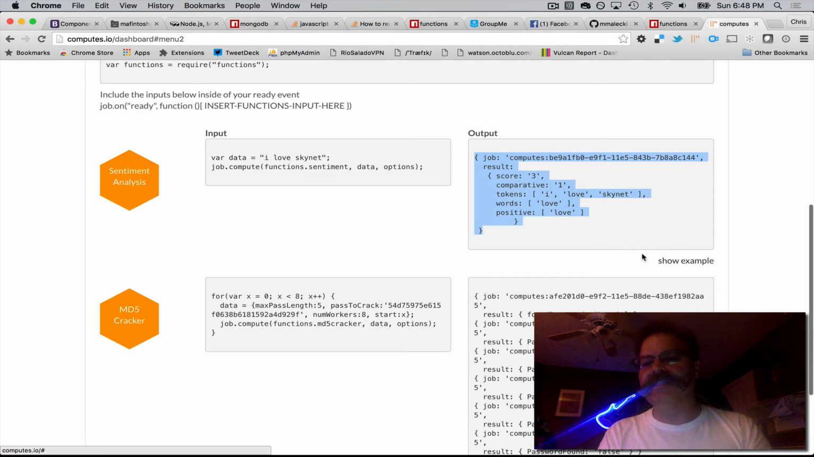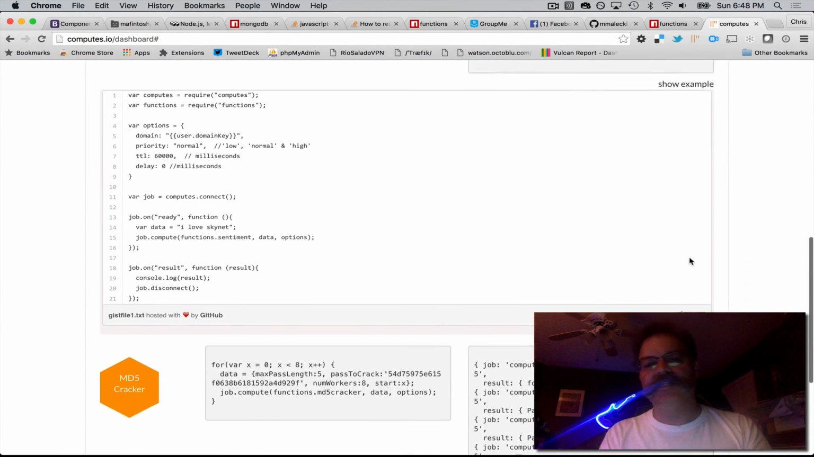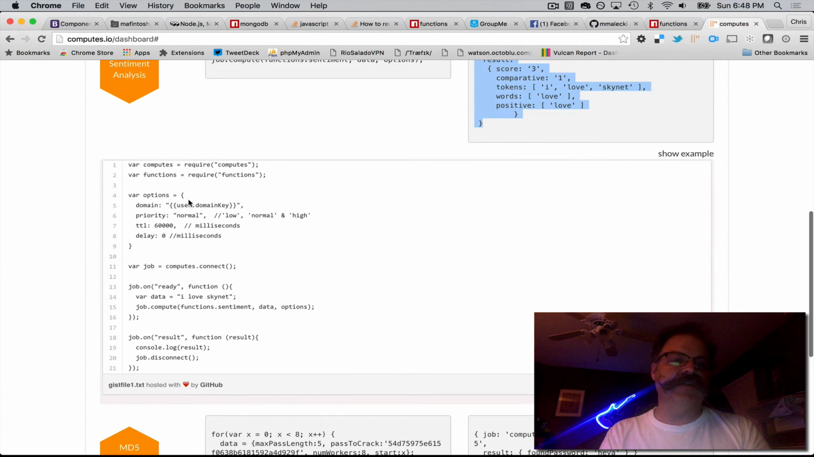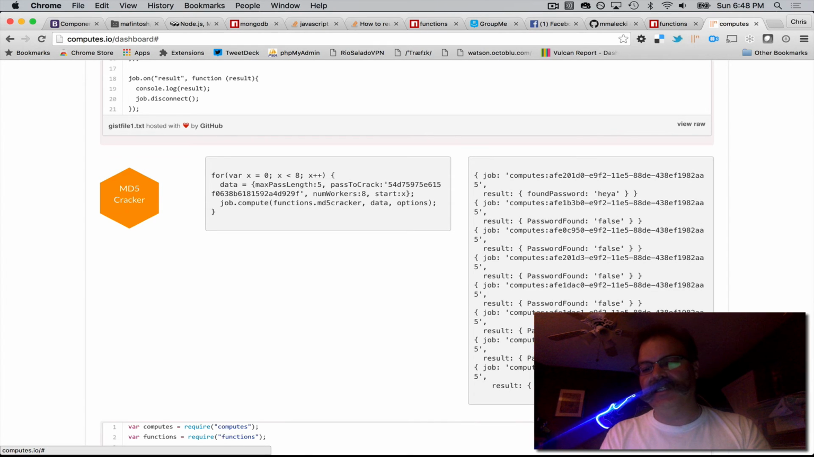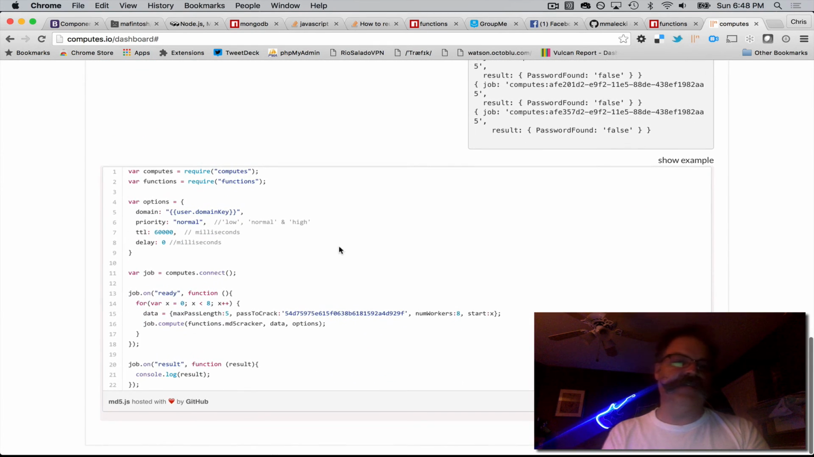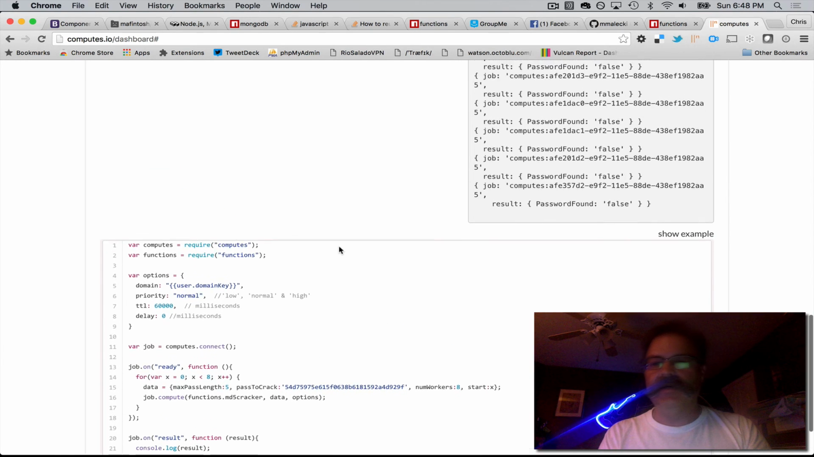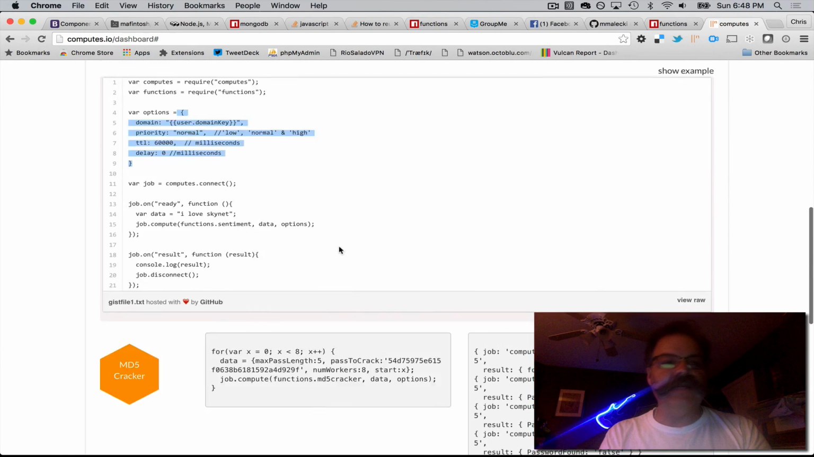If you want to see that example I just used, hit show example here on the functions page, and it expands out the gist of what that example looks like. If you want to crack some MD5 hashes, hit show example there, and you've got the code there to use it. So this is just the beginning of the